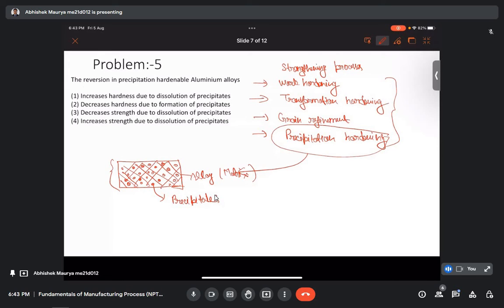So what is reversion? Reversion is a process. Basically what happens in the reversion process is, when we heat this material, which has alloy material as well as the precipitates, or we are doing some process on the material which requires heating, then these precipitates start dissolving inside the matrix alloy,